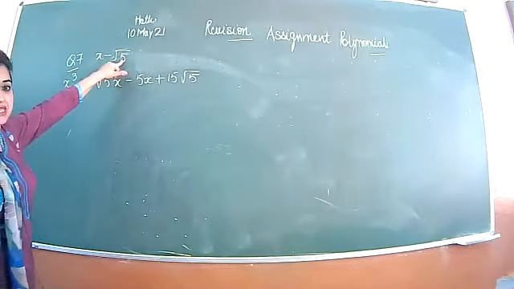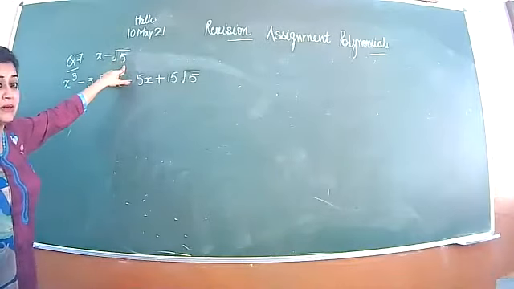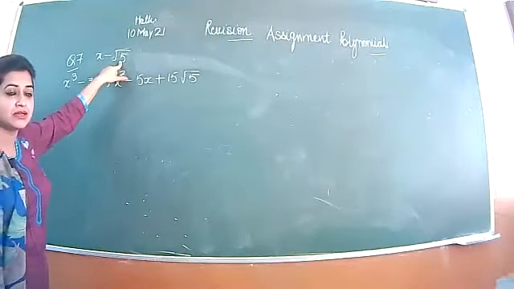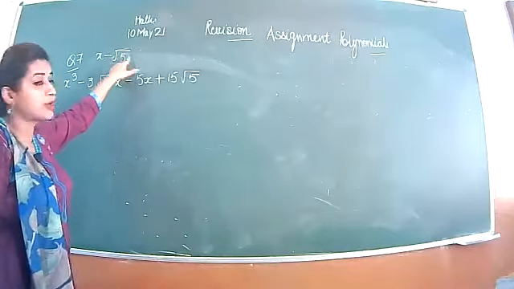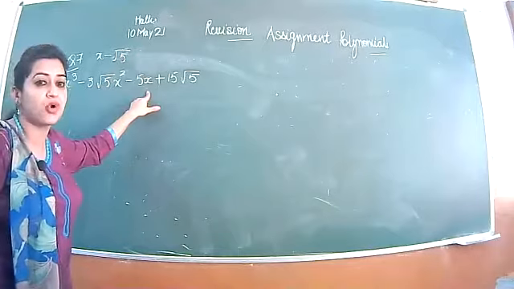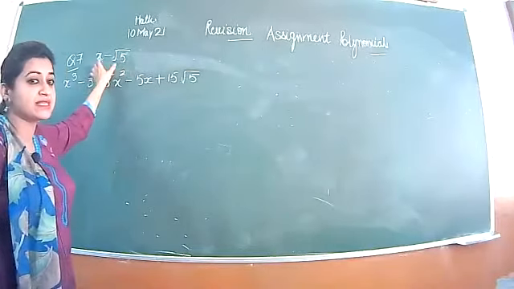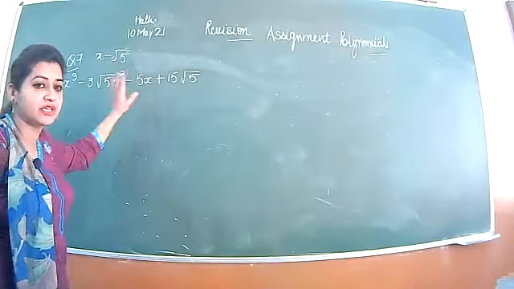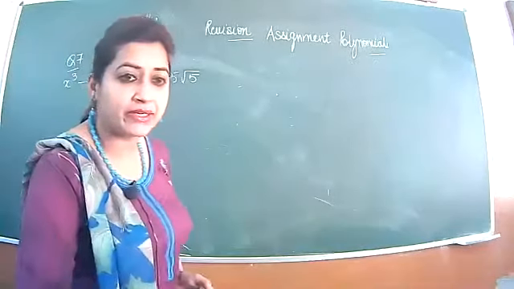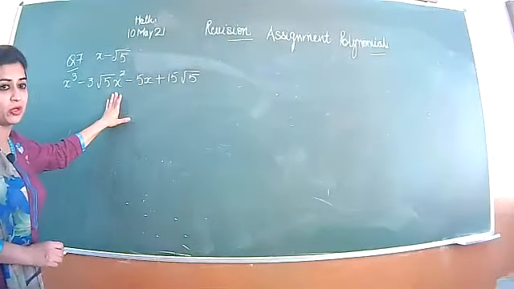So one zero is given. x minus root 5 is a factor of this polynomial and the zero is root 5. If you equate this to 0, the value of x is root 5, that is the zero of this polynomial. And if you combine it with x, this is the factor which is given in the question. And you have to find the remaining 2 zeros that you will get by dividing this polynomial.